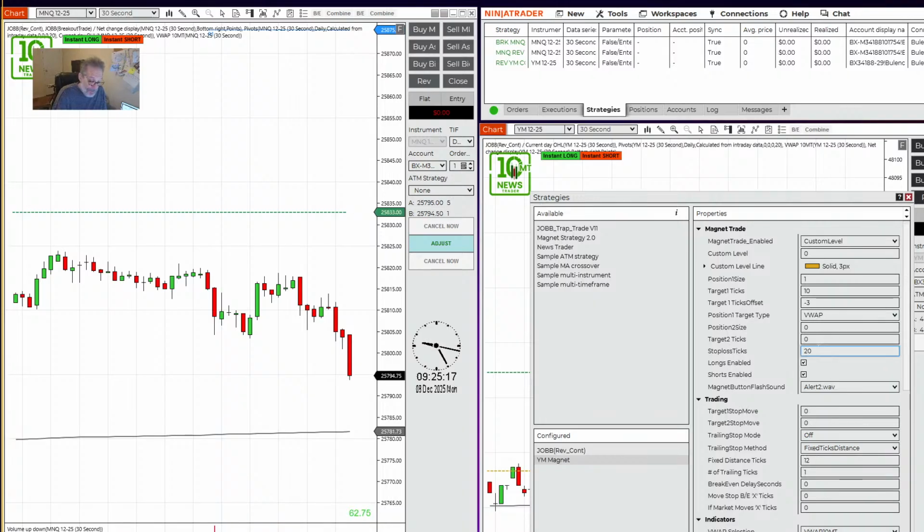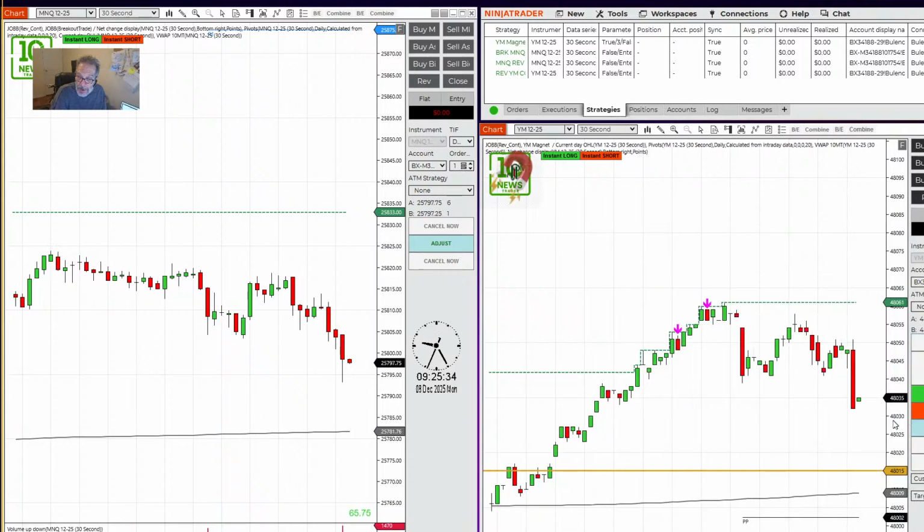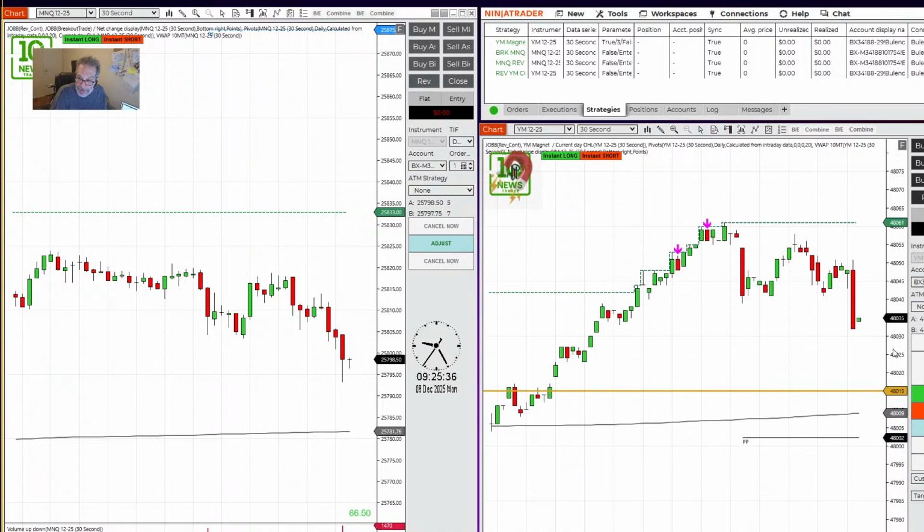The stop is 35. Apply it, okay it, turn it on. So if I turn it on, we get our order entry. Now, if we're trading the VWAP,